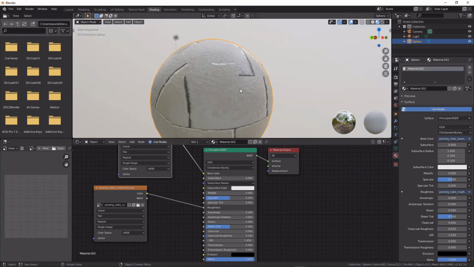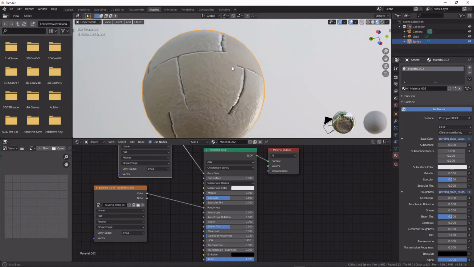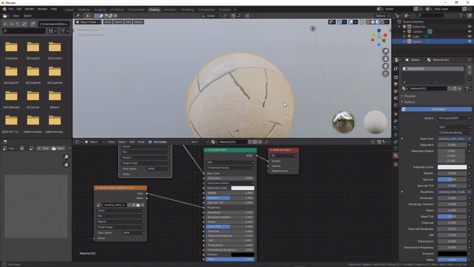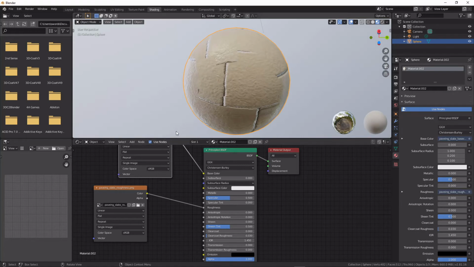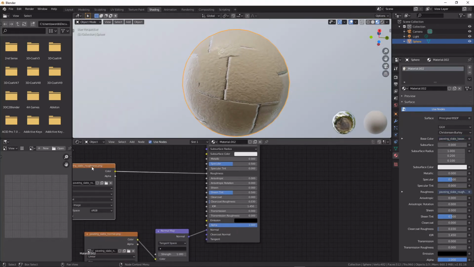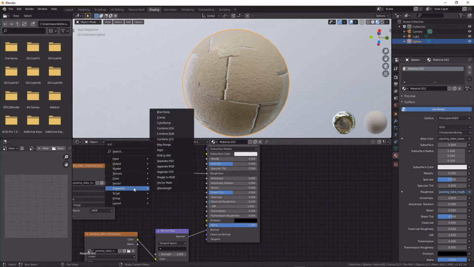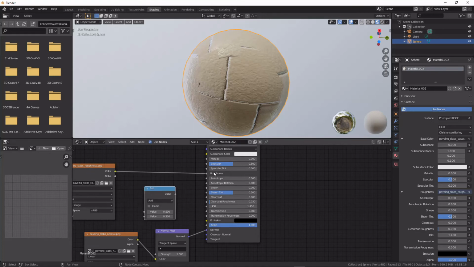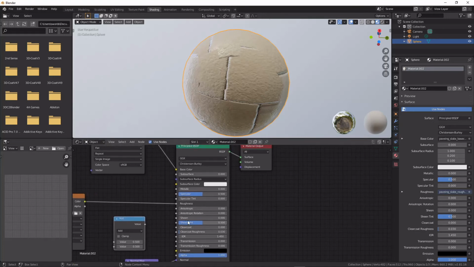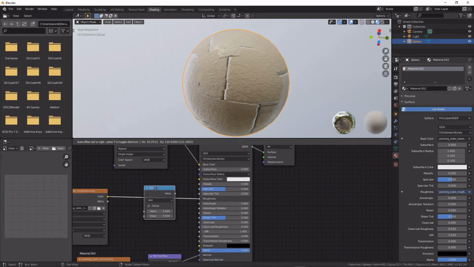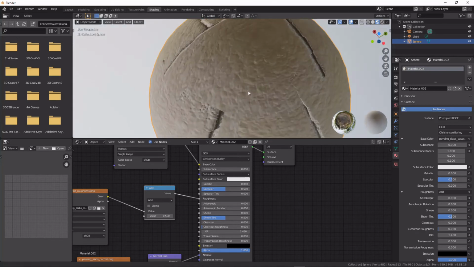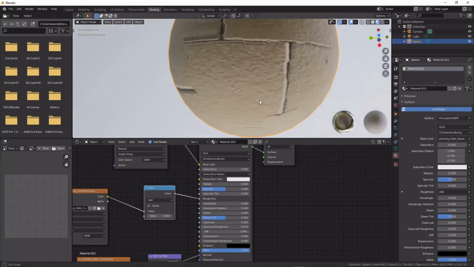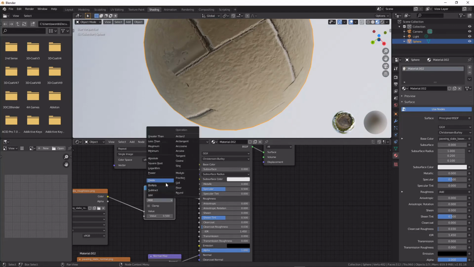But we've got some problems here with how shiny it all is. It all looks sort of uniformly shiny, and we want it to be differentially shiny. So we're going to add in a converter math node between the roughness texture and the roughness input on our principled shader. So instantly that changes things, but we're going to change it to multiply,